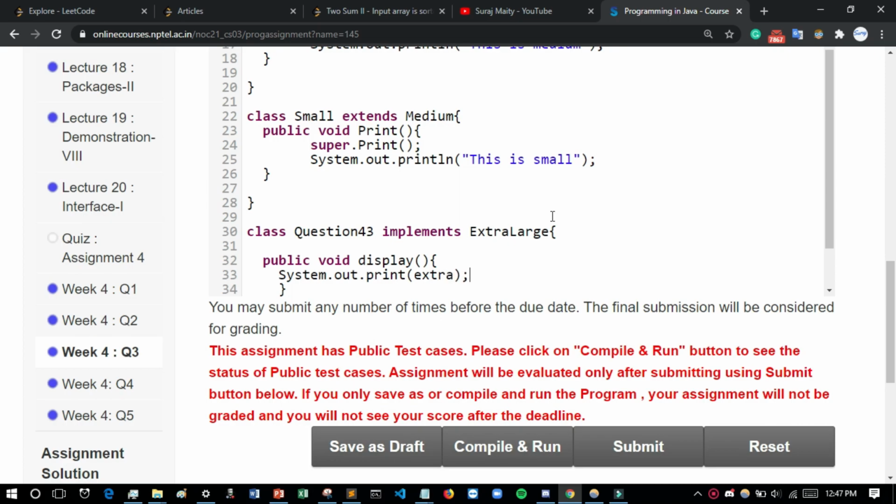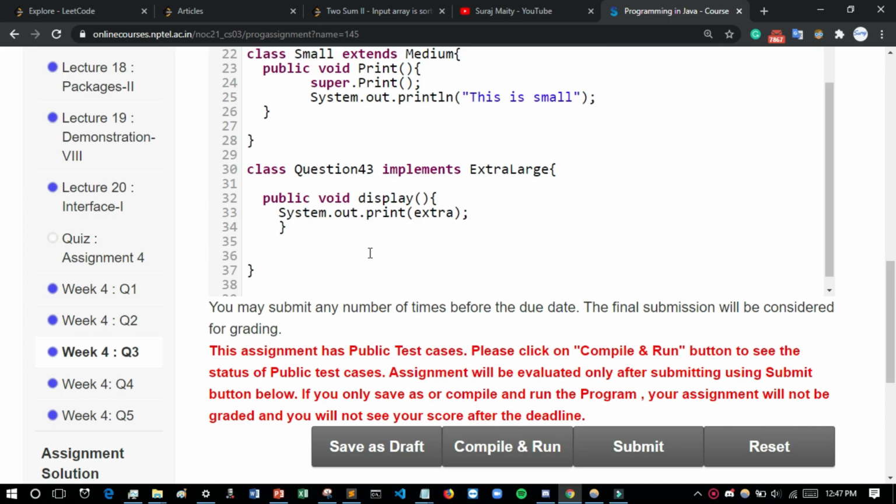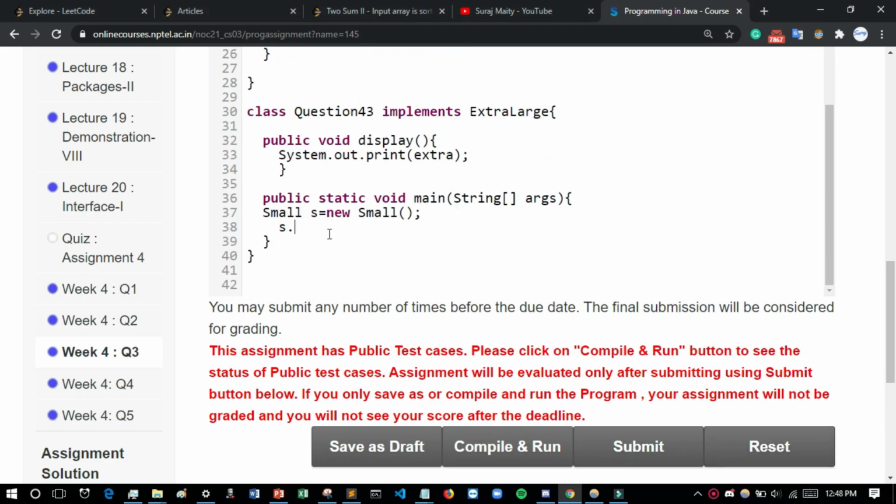After that we have to create the main function, public static void main, and its parameter will be String. You can write args or anything else you want. Then Small s equals new Small, then s.print, because you have to print it.